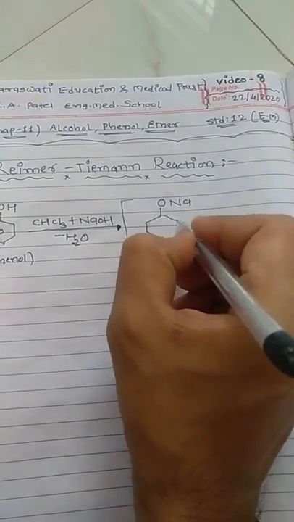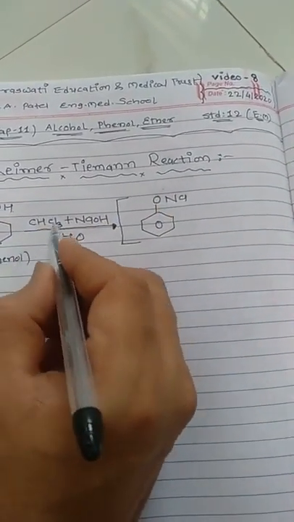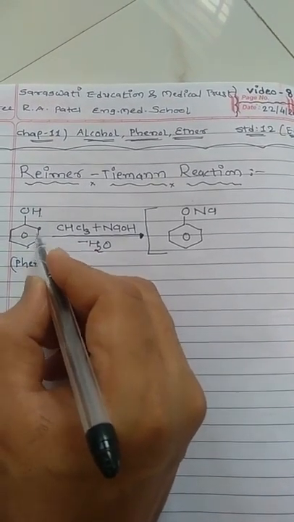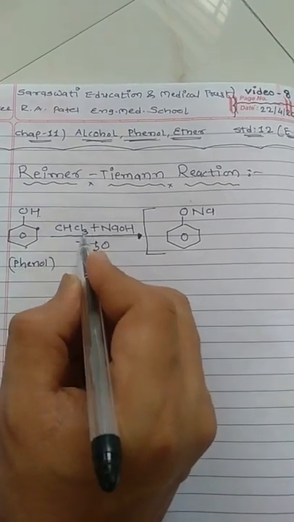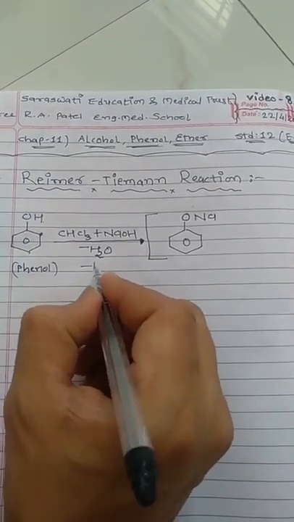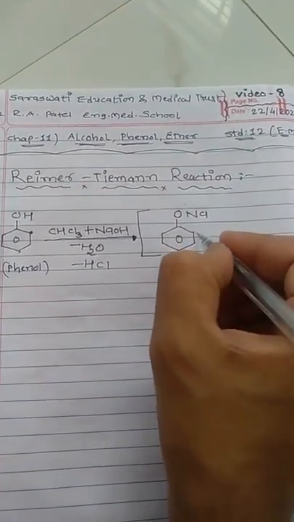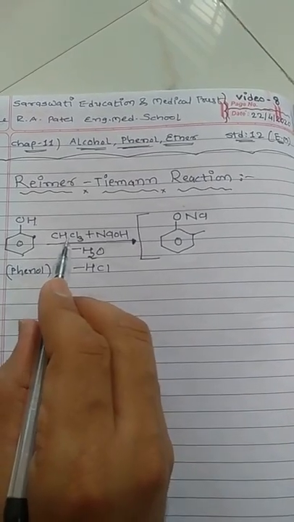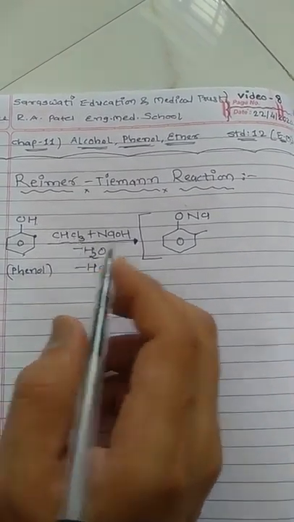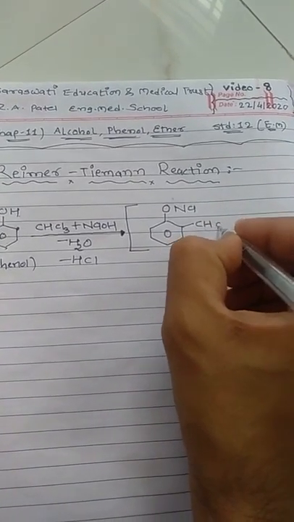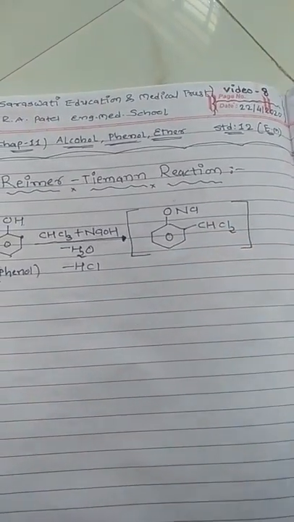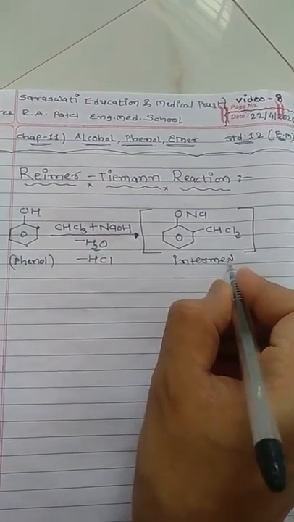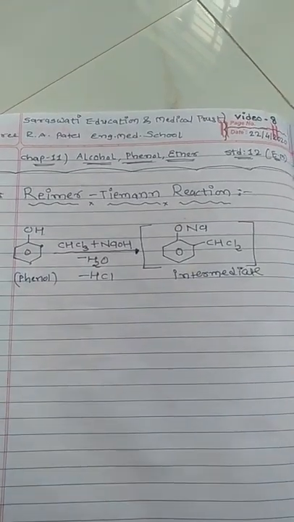So on this compound, what is the role of chloroform? We know that there is a hydrogen present over here. One of the hydrogens is removed with one of the chlorine atoms in the form of minus HCl. So we have one vacant place where hydrogen was removed. Now which part still remains here? CH having 2 chlorine, so I will write CHCl2. So this is the intermediate which is formed during this reaction scheme.